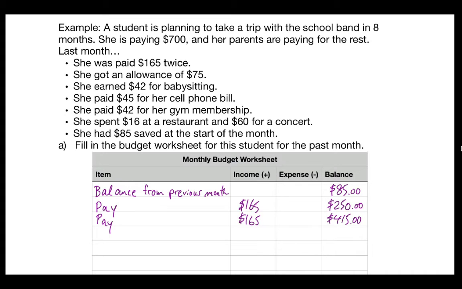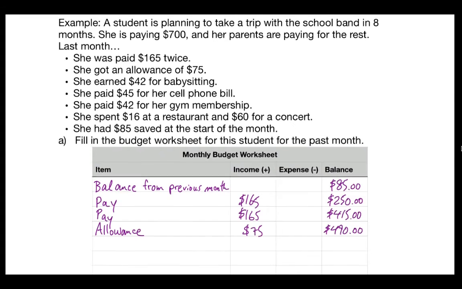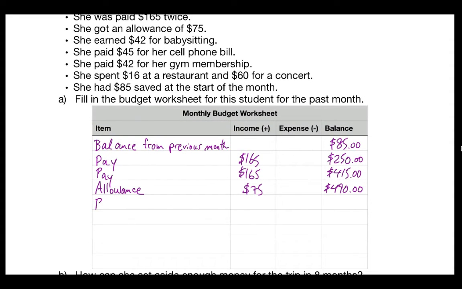And so now there's also an allowance of $75. Okay, so let's put in the allowance, $75. Add that to the balance. We're up to $490. And the next thing is babysitting. So babysitting, she earns $42 for that, so that's another income amount, and we're just going to add that to the total. We're now up to